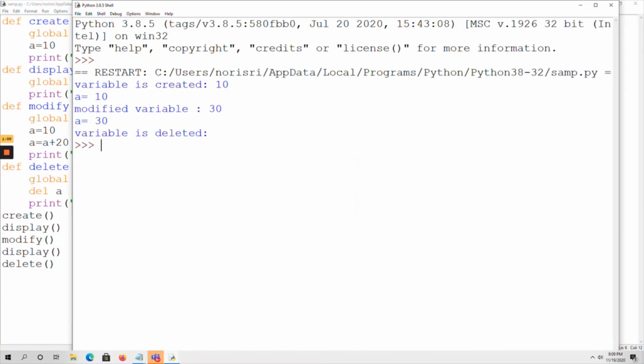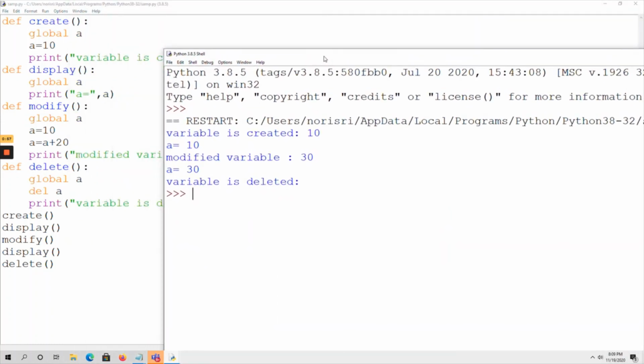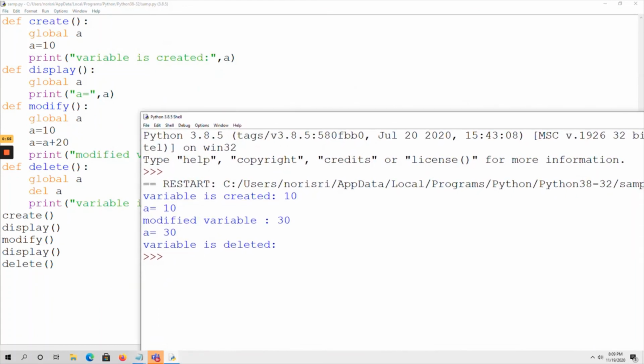See, variable is created. First, the value is 10. So initially the program execution starts here, create function call. So the cursor goes to this function definition. So A is assigned with 10, variable is created 10. Okay, next display function. So that A value is displayed, A equal to 10.